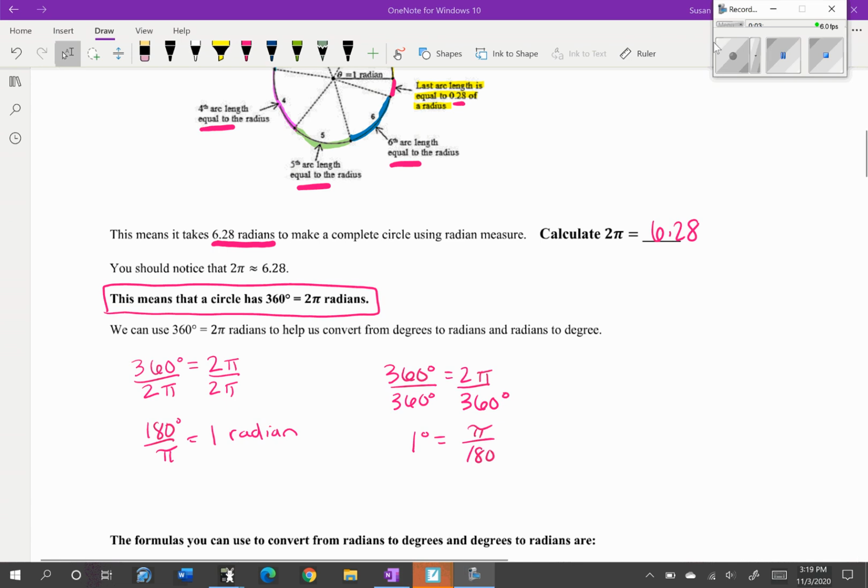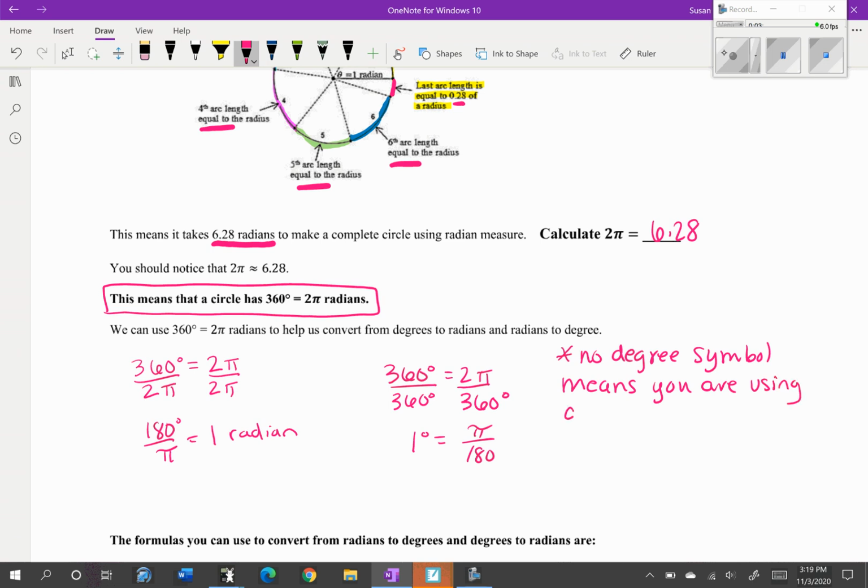And make a note that no degree symbol means you are using a radian measure. So if it is a degree, then you need to make sure that you're always using the degree symbol. And whenever you're writing a radian measure,